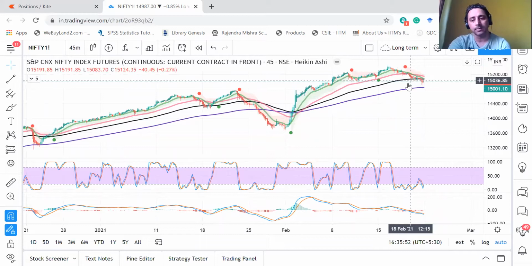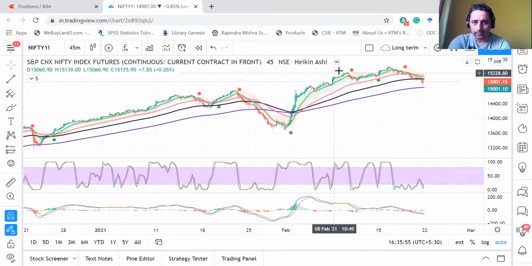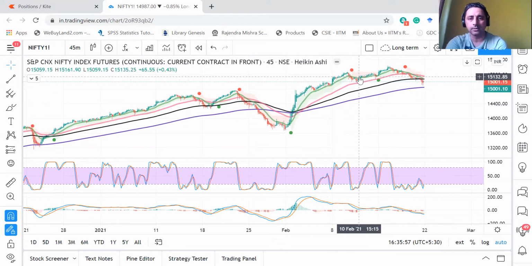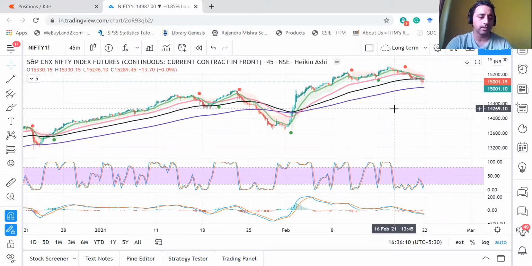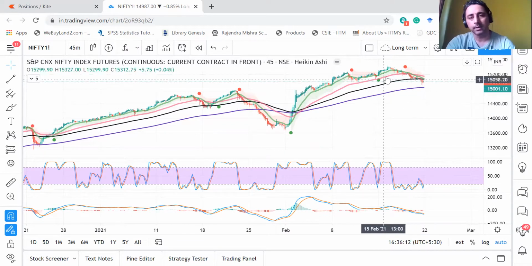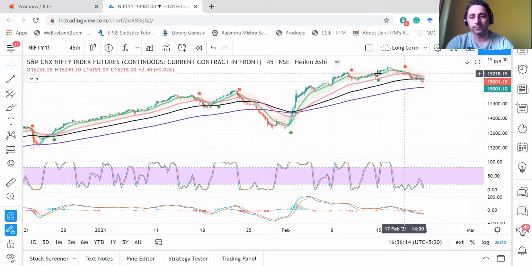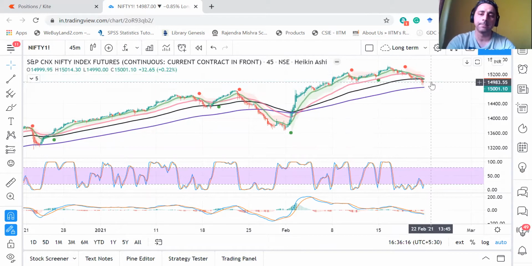That's how it happens. When this correction ended, I didn't see the strength in Nifty, so I was a bit concerned even after this slight uptrend of roughly 400 points. I wasn't convinced. There was no strength in the market, and hence I was a bit worried. And of course, we see this much correction, and the stop loss has hit.